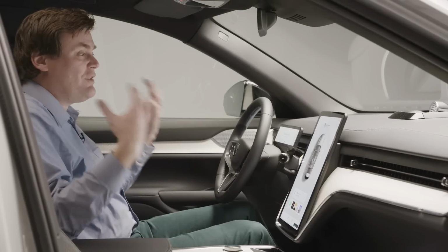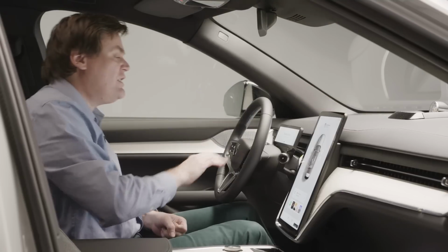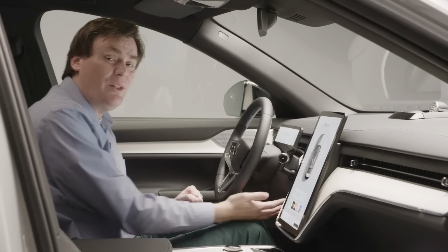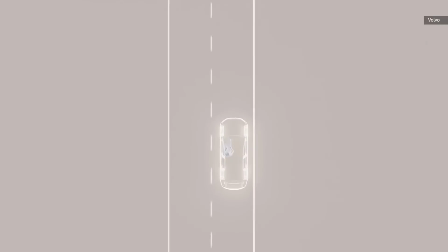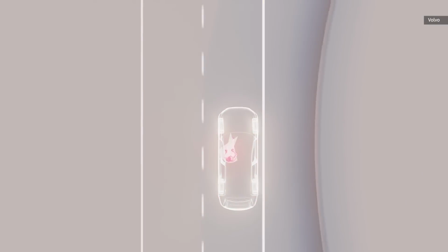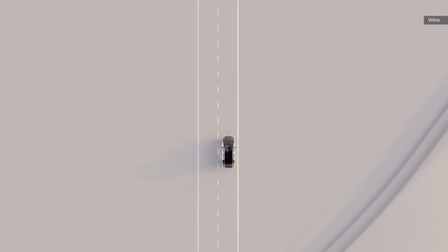Now, for the driver, there are 2 cameras that are watching you. There's one here in the dash, and there's one underneath the dash cluster, which is attached to the steering column. Now, these two sensors are actually watching your face, but instead of just checking to see if your eyes are drooping because you're drowsy, what Volvo is doing is checking to see how engaged you are in the act of driving. For example, if I'm just staring off, I have a 1,000-yard stare, it's going to think that I'm not